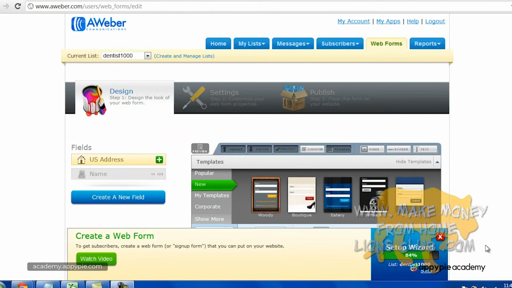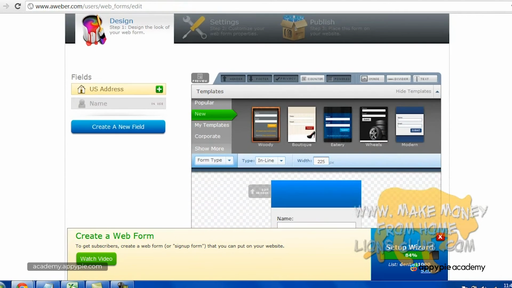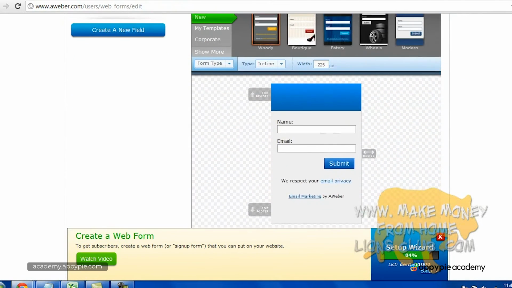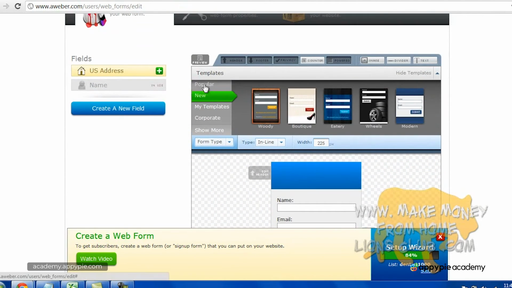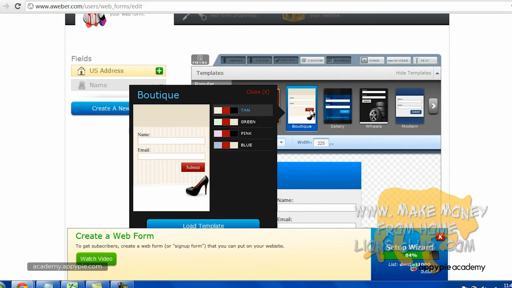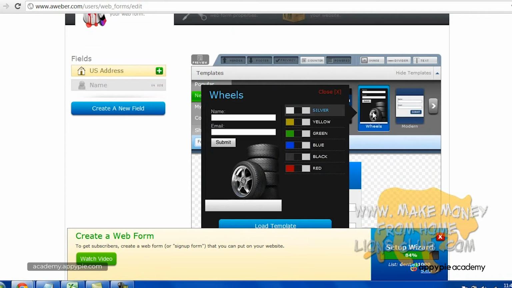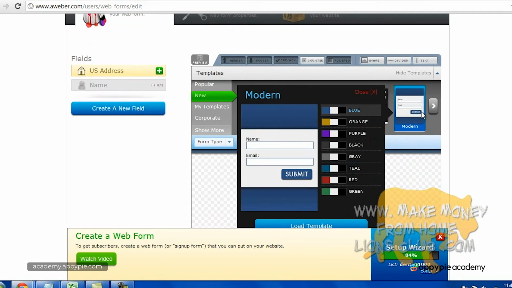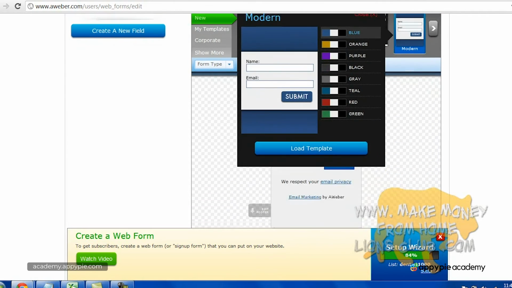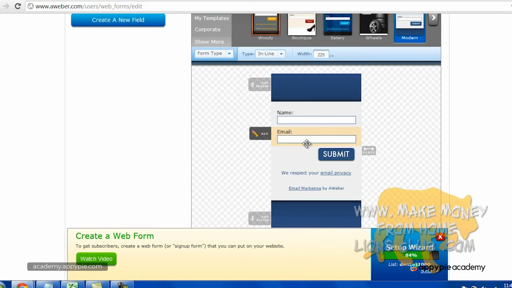All right, so the final step is creating the web form itself, and it's actually just as easy as all the rest of the steps. So, here you can choose from all these different templates, depending on what kind of website you have. I mean, they've got all kinds of things. They got shoes. This one's just plain with a wood background. This one's about tires, so if you have some kind of car website or business. Modern is actually the one that I use. Load template,